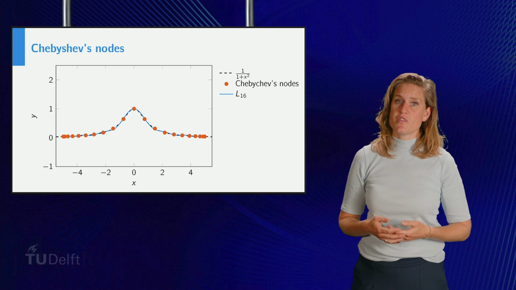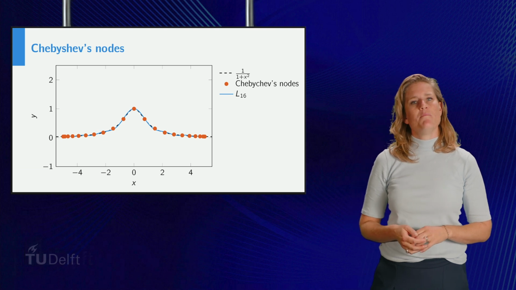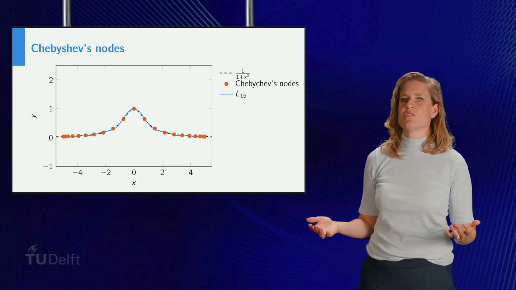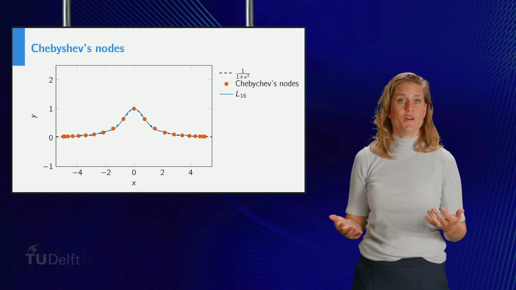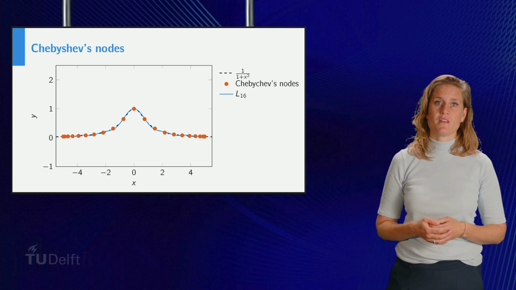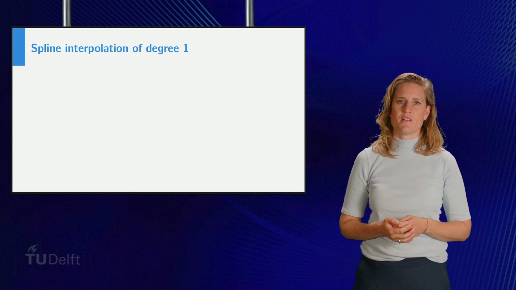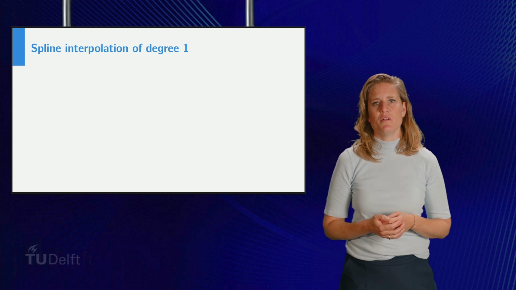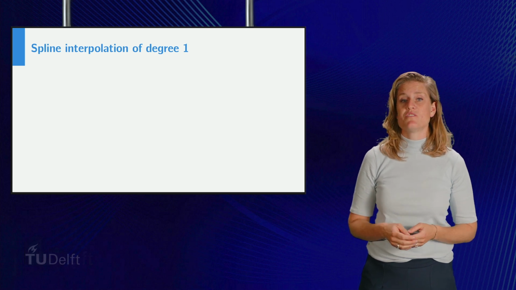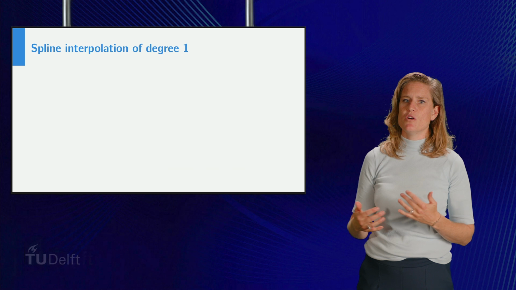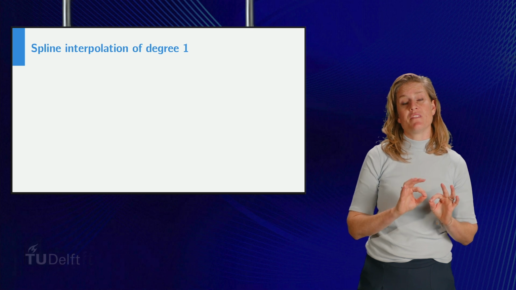Another way to avoid Runge's phenomenon is to use a technique which can be used in the case when we have measurement data. In many cases, these are equidistant data points, such as measurements on fixed time intervals, so we want to avoid Lagrange polynomials due to Runge's phenomenon. Instead, one commonly uses so-called splines. A spline is a piecewise polynomial that is connected in the nodes. For now, we only consider splines of degree 1, which means that any polynomial in the spline has at most degree 1. So the nodes are connected with lines.